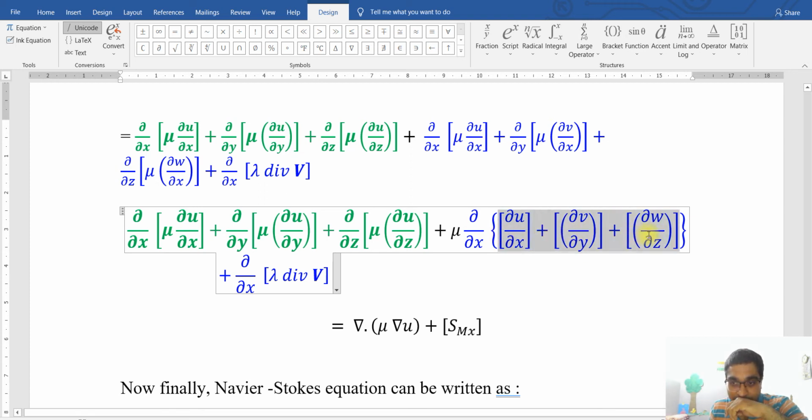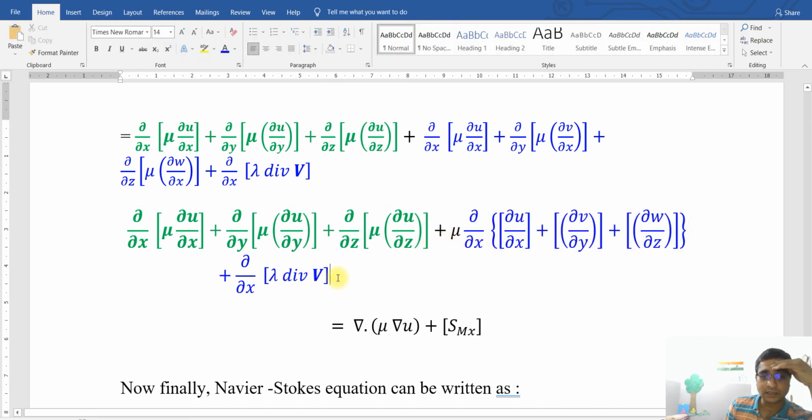This is, for the incompressible flow, divergence of v, and that is 0. That is also a divergence of v. So mu times del x of divergence of v plus del x of secondary viscosity into divergence of v, and for the incompressible flow you can easily eliminate these terms. However, the contribution of these terms is very small, and it can be incorporated with the body forces, so there is no need to worry about this.